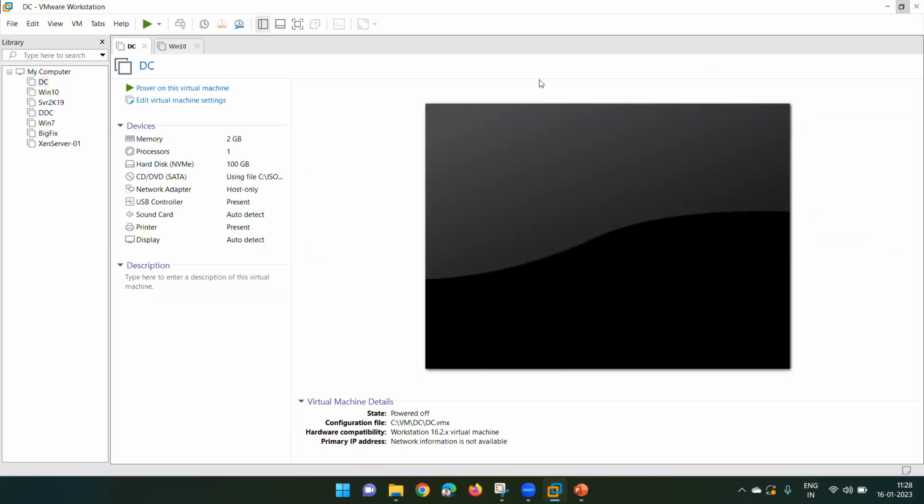Okay, so now what we have to do, we have to configure one domain controller or one Active Directory server for our infra. Why? Because Active Directory server is responsible to manage the user accounts or computer accounts in the environment, right? So for the same, what I'm going to do here in this VMware Workstation, if you do not